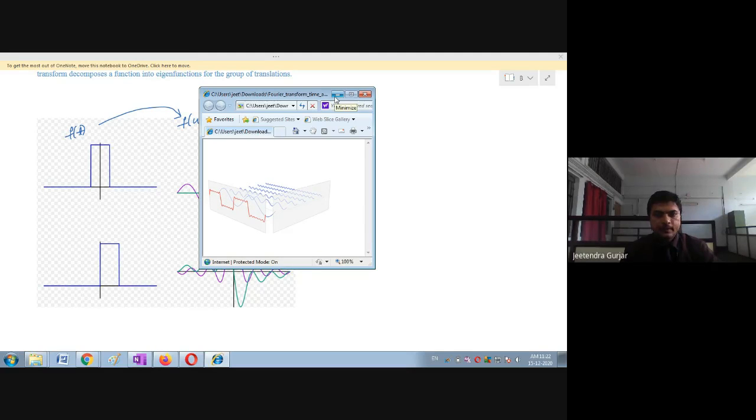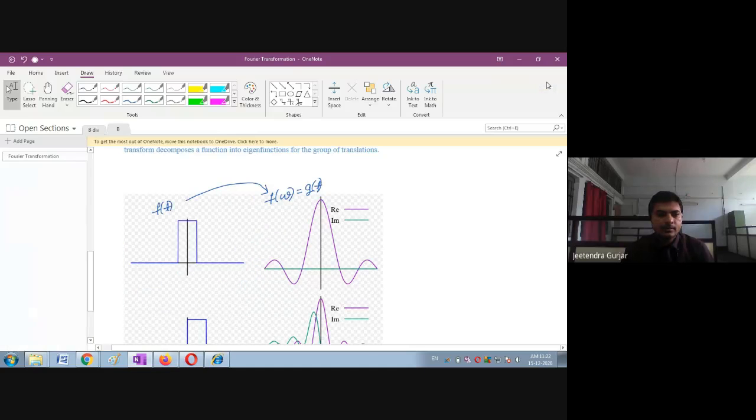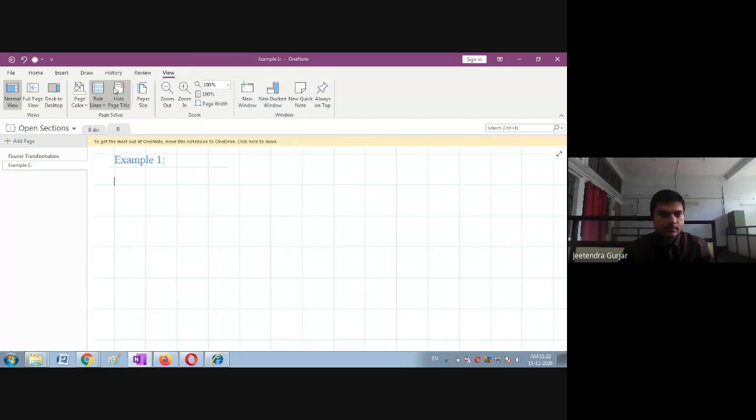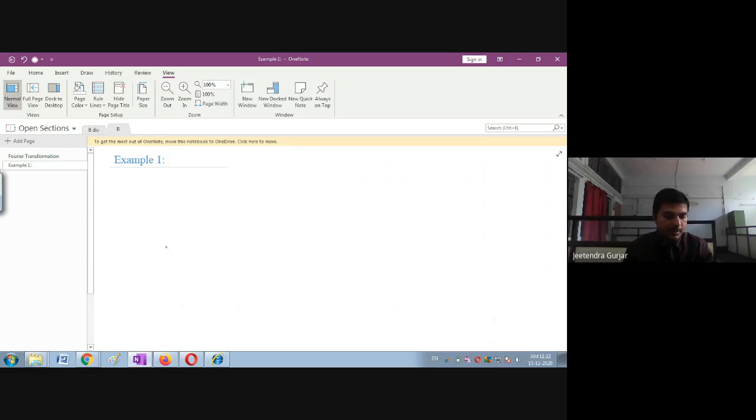So now we'll just take one example, students. Is it clear? Write down example 1. Quite an easy example we have here, students. So please write down the example. Find the Fourier transformation